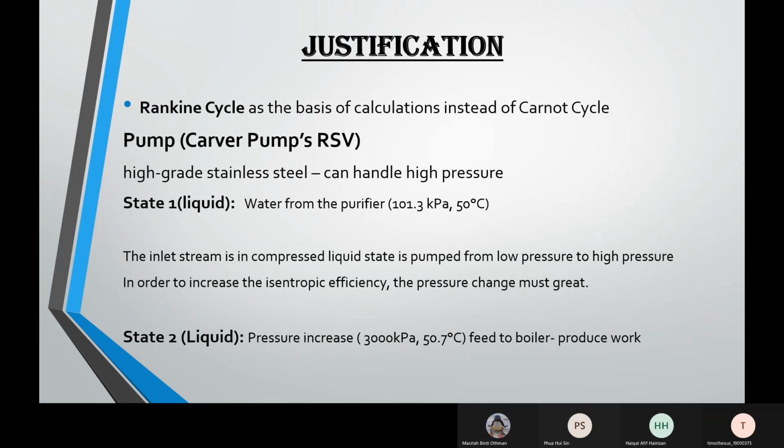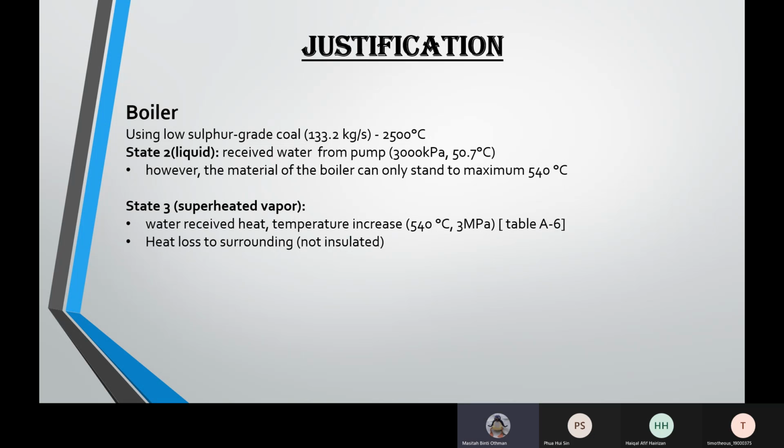So next, for the boiler, we are using low sulfur grade coal, and we use 133.2 kilogram per second and produce a temperature of 2,500 degrees Celsius. From the feed of the boiler, the water is received from the pump, which is at 3,000 kilopascal. However, the material of the boiler can only stand up to a maximum of 540 degrees Celsius. So we use the assumption